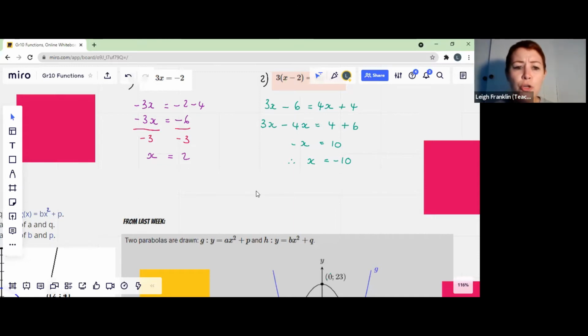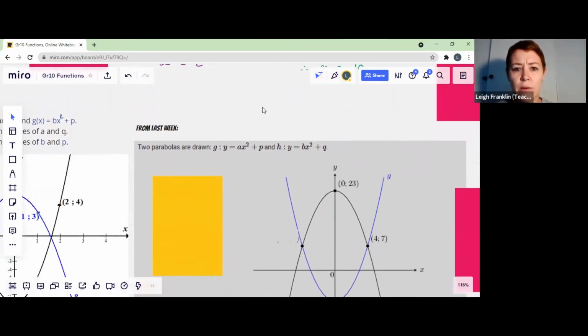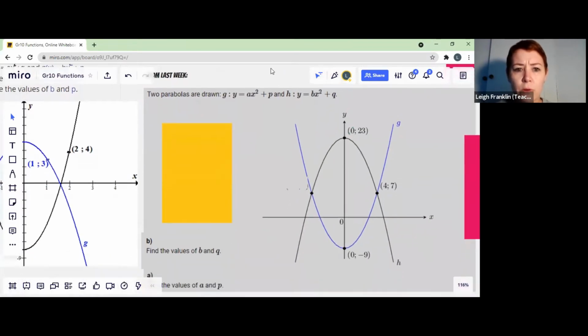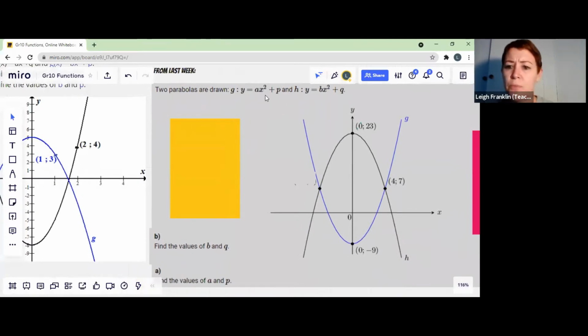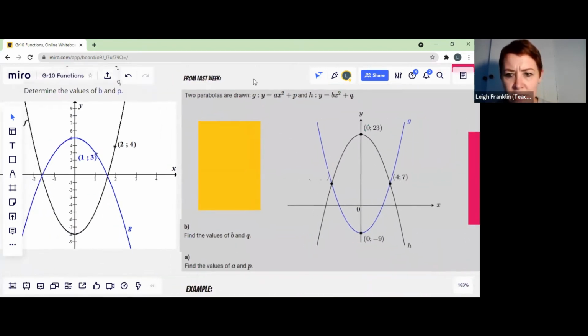Okay. Now, do you remember this question from last week? All right. This wasn't a very nice question for us, and we really struggled with it. So what I decided to do is that we should do this question again, all right? Because there were a lot of people who ended last time not understanding what was going on. But I thought there might be people who understood this and then didn't want to do it again. So in order to be able to help everybody, I'm just going to make it a little bit smaller. I hope you guys can still see this.